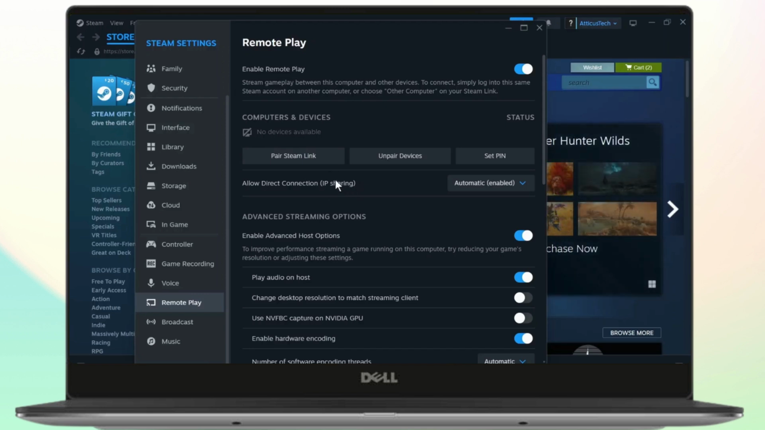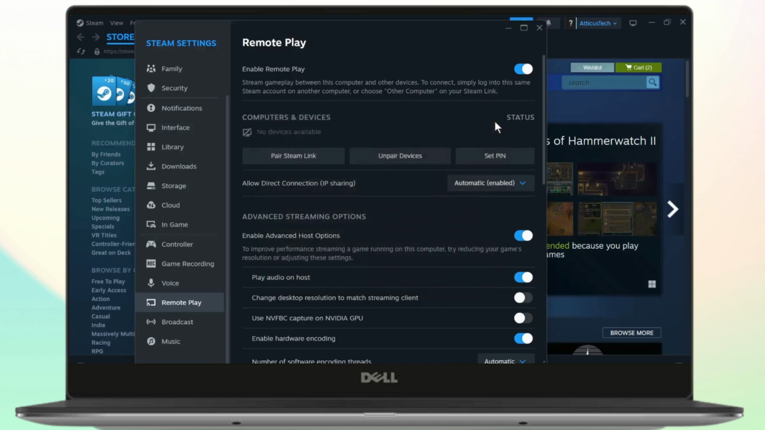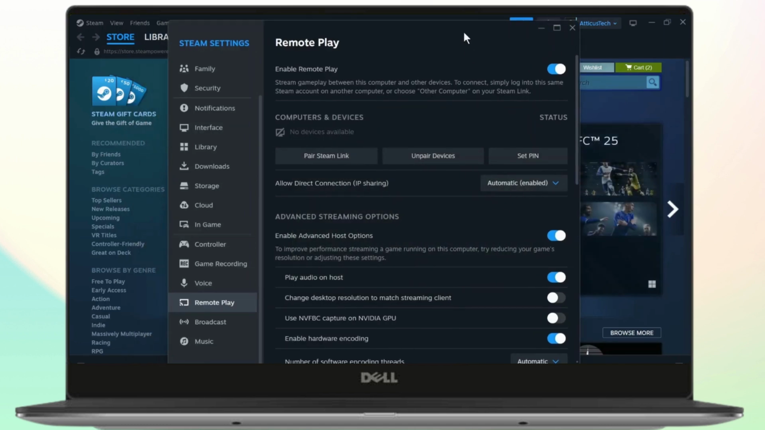After you download the app, you can just head over here, tap on pair Steam Link, and you should get 4-digit codes that is on the Steam Link app. Simply open the app up, log in with your account, and you should get the code, which you will need to type in here, tap on confirm, and you are good to go. And this is how you remote play on Steam,